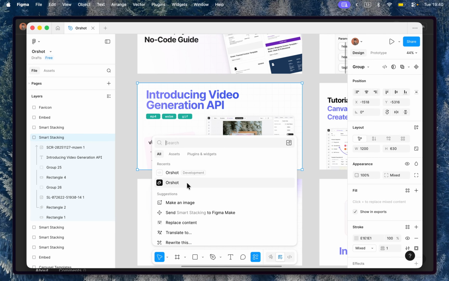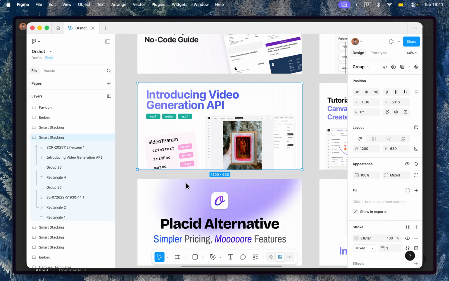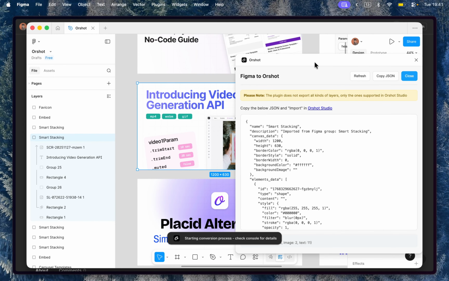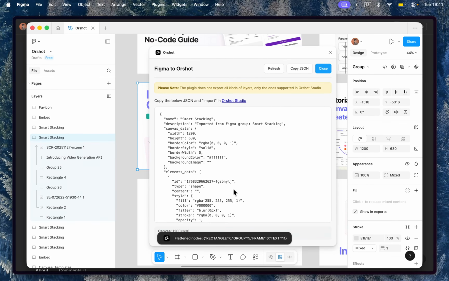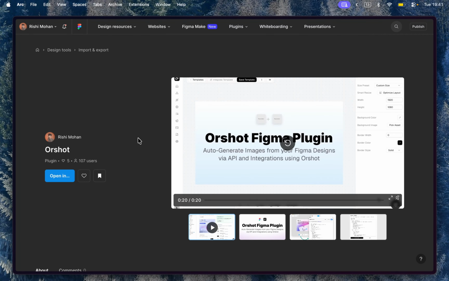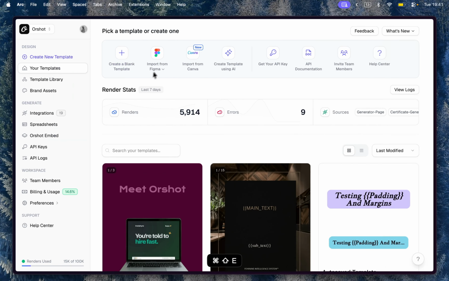So I'll select this group, then I will click on this plugins or actions bar, and you will see an Orshot plugin here. So you just click on it and it will open this window, which will give you a JSON structure for the design that you have selected. And all you need to do is just copy JSON, and this can be a big file, so just copy the JSON, close it,